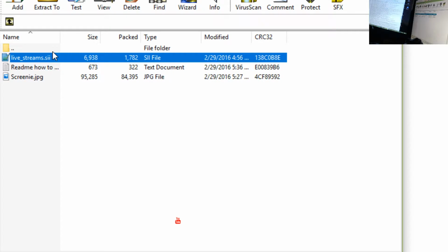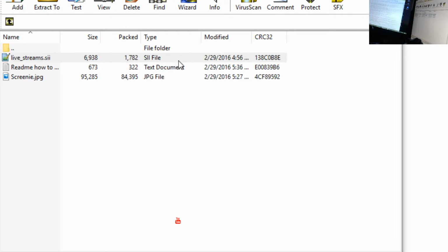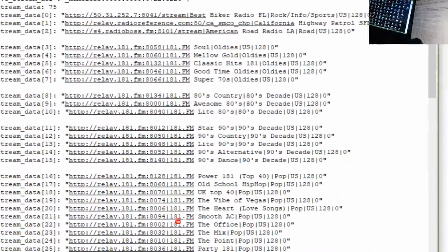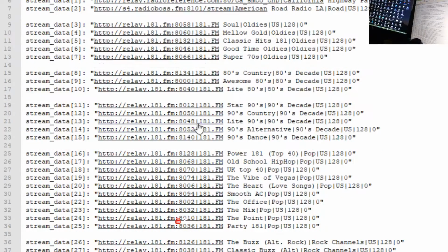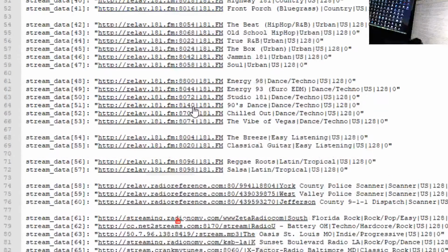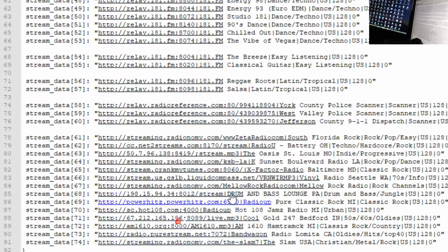You can pull your old file out and just drop this in, and it's going to automatically read it. So I'm going to show you exactly how they pop up. So these are the files right here. So I'm going to bring that screen right back again so you can see exactly what. So these are actually